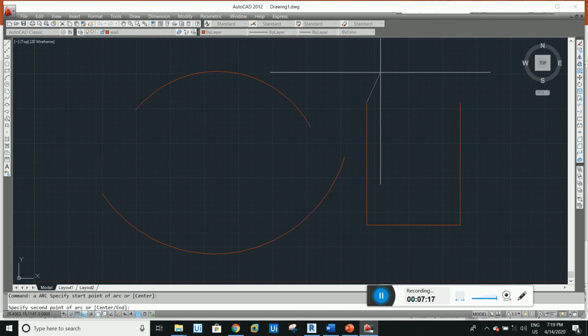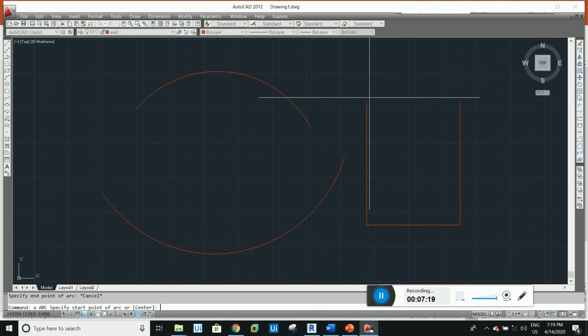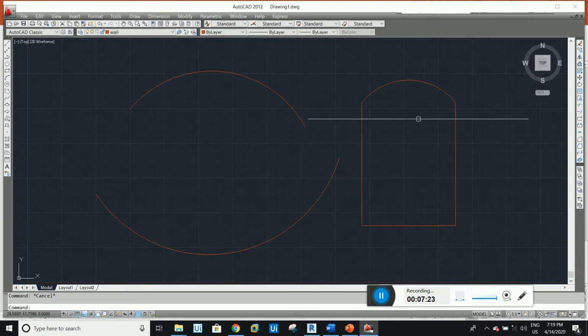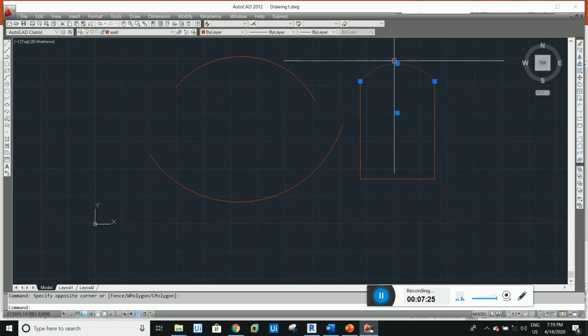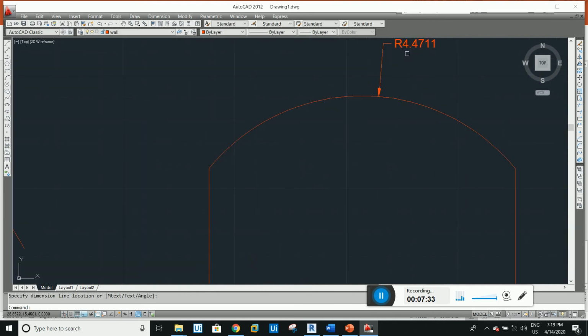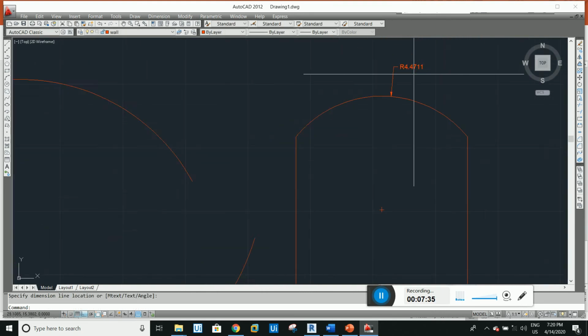First point, second point, and this is the end point. Now the arc is created, and if you want to know the radius of this arc, go to dimensions, radius, choose it here, and the radius is 4.47.